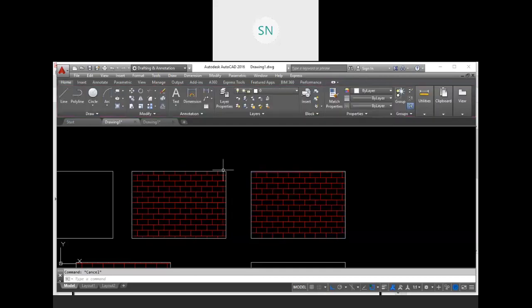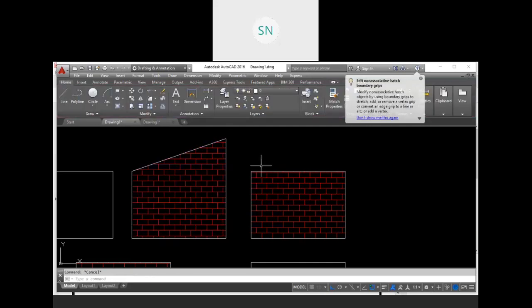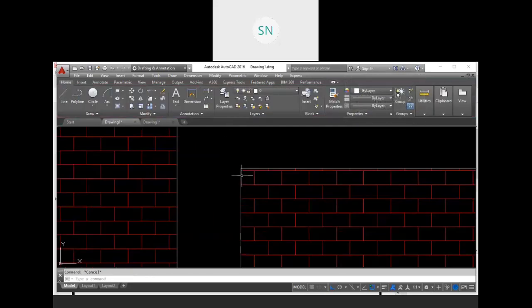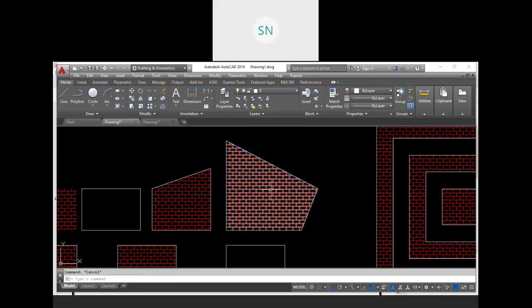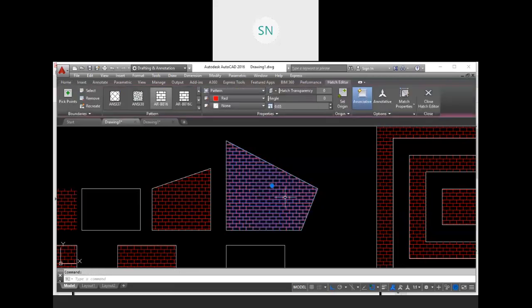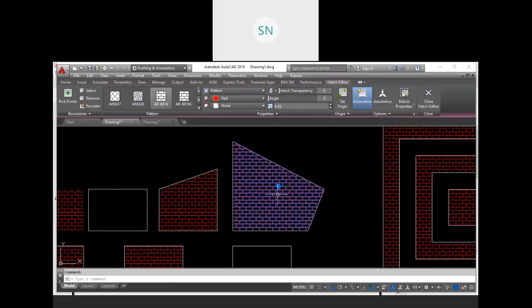So what will happen? Select your object and I'm going to modify that object. See, this hatch is not going to change. We have to change it manually in that case. But here, select your object and change your object position. Your hatch will automatically change. So this hatch doesn't carry any proper boundary.